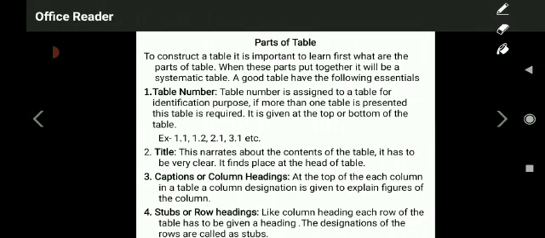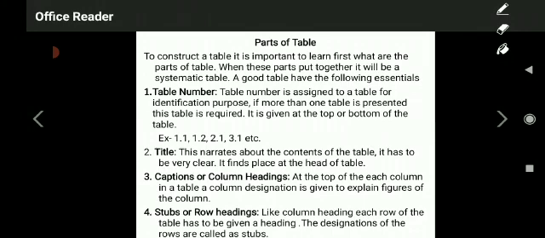What are the parts of the table? How to prepare the table for analyzing systematic data information, how to fit data in that particular table? Before going to that, we have to understand what the basic parts of a table are. This is most important, dear students. To fit your entire data in a particular table, you have to understand the parts of a table. To construct a table, it is important to first learn its main parts.